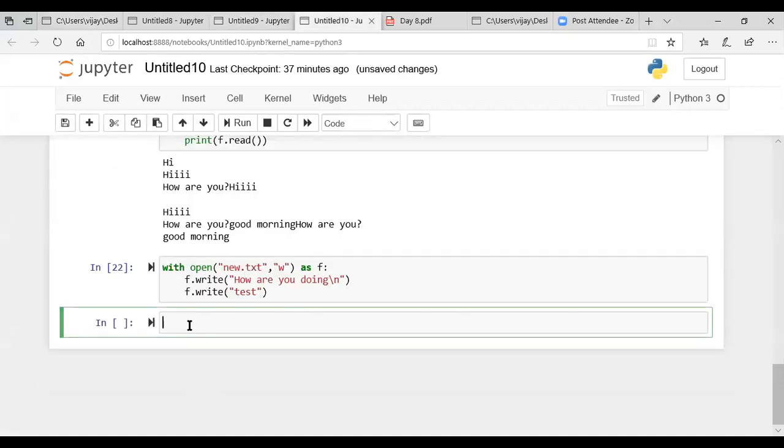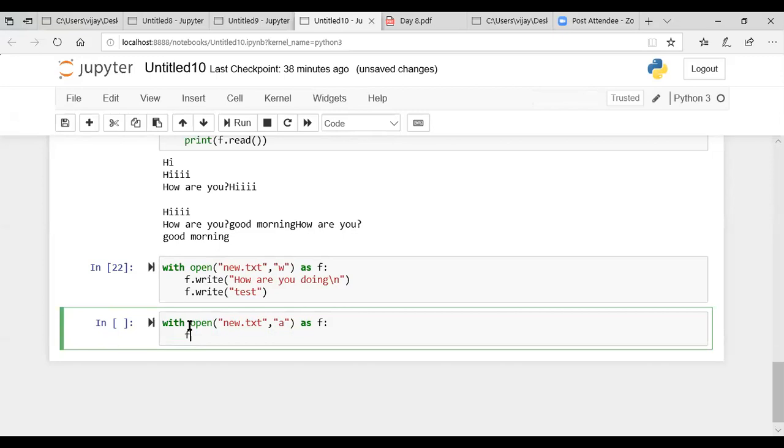Now let's say some file already exists and some content is already there. If you want to append something new to that file, you will use append mode. So I'll say with open, and you have to mention the name of the file, which would be new.txt. Then you mention the mode as append, as in A. A is for append, and f is nothing but the reference.